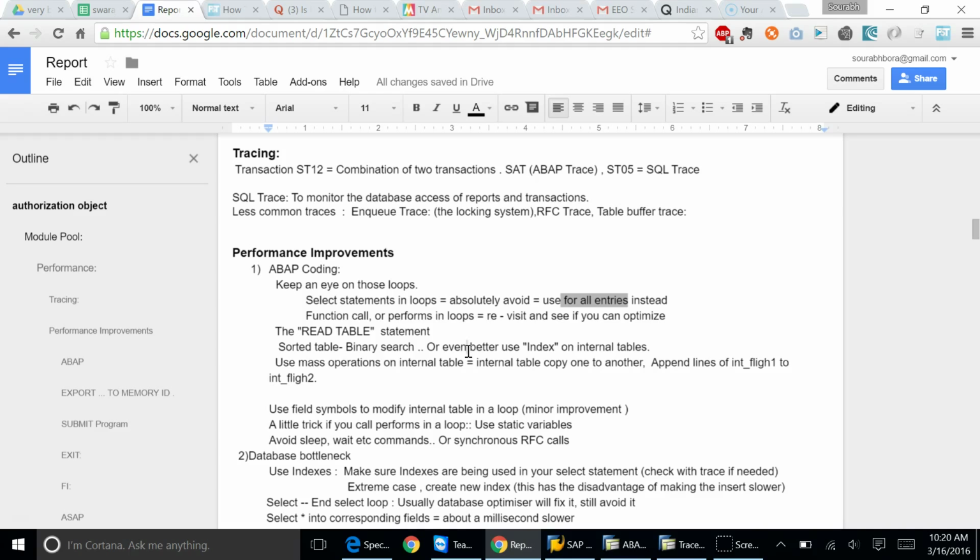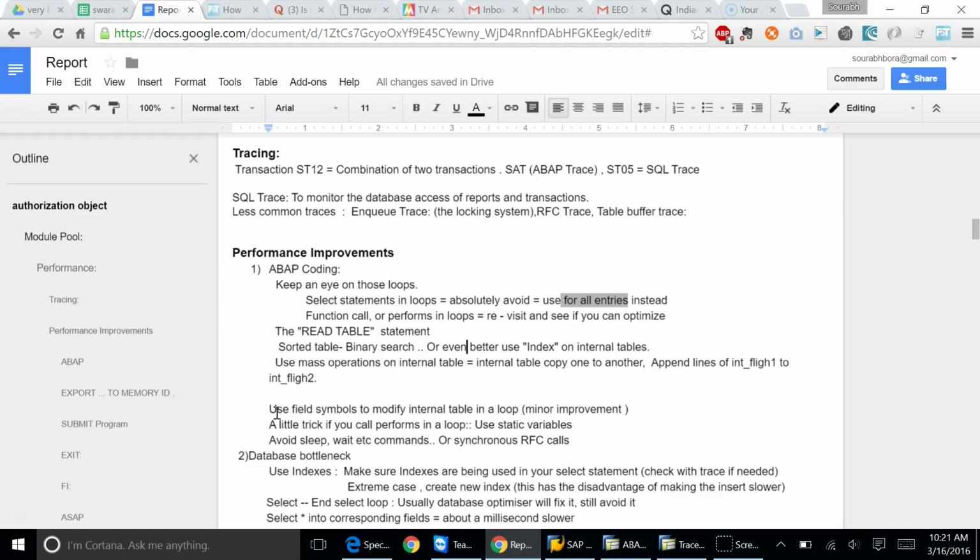But instead of that, see if you can do a copy, or you can append also. Append lines of one internal table to the other. That will work only if the tables have similar structure. You can look for help on that. Maybe you can create the tables in a clever way. The tables are actually different, but you make them similar. When two tables need to be appended and they're not the same structure, not the same type of table,